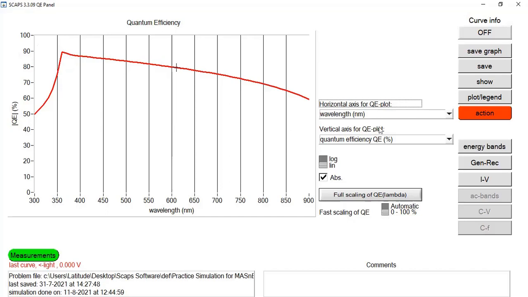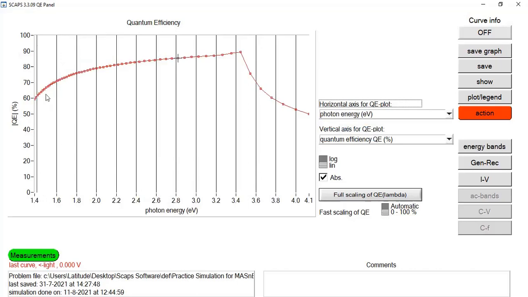One can also check the effect of photon energy on quantum efficiency. When the photon energy was lower, at 1.4, the quantum efficiency was about 60%, and it tends to increase over the range up to photon energy of 3.4, and it tends to decrease dramatically, exponentially, after the highest value, with photon energy at 3.4, 3.6, 3.8, 4, and so on. So we can say that the better photon energy range is between 1.6 and 3.4. Across it, the quantum efficiency was higher.